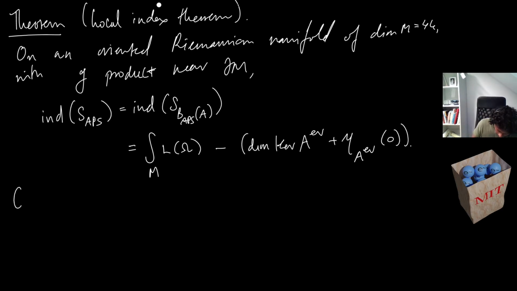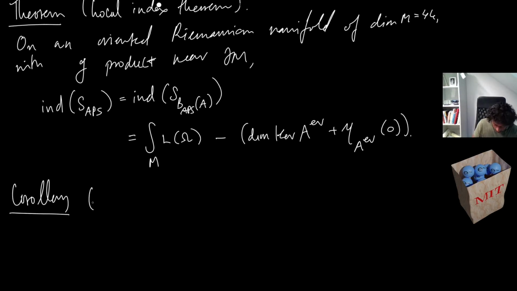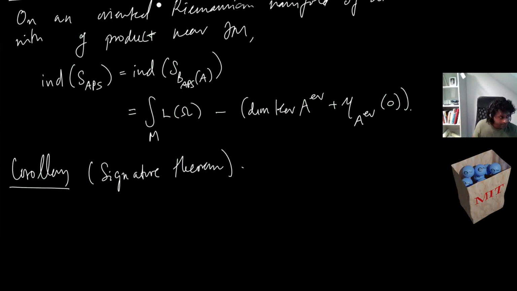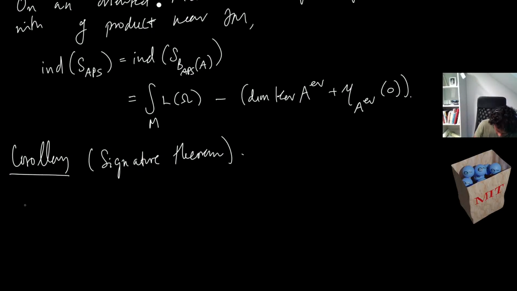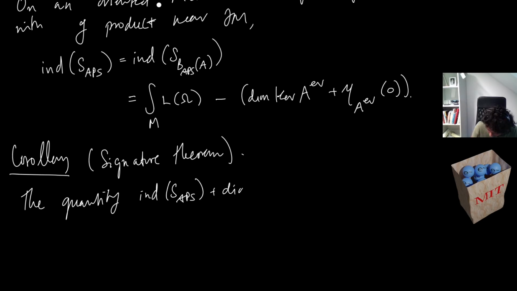But what's more important from this is its corollary, which is also in the closed case due to Hirzebruch. So this is the so-called signature theorem. And the signature theorem says this. The quantity index S_APS plus the dimension of the kernel of A even is equal to the signature of M,